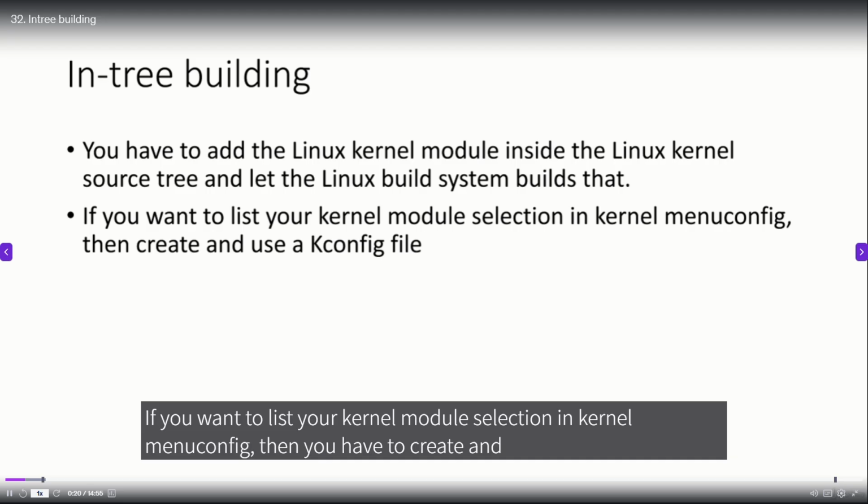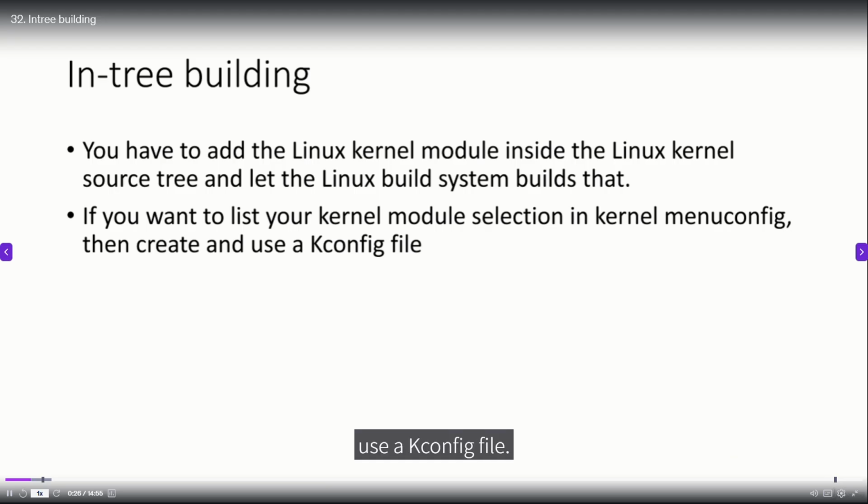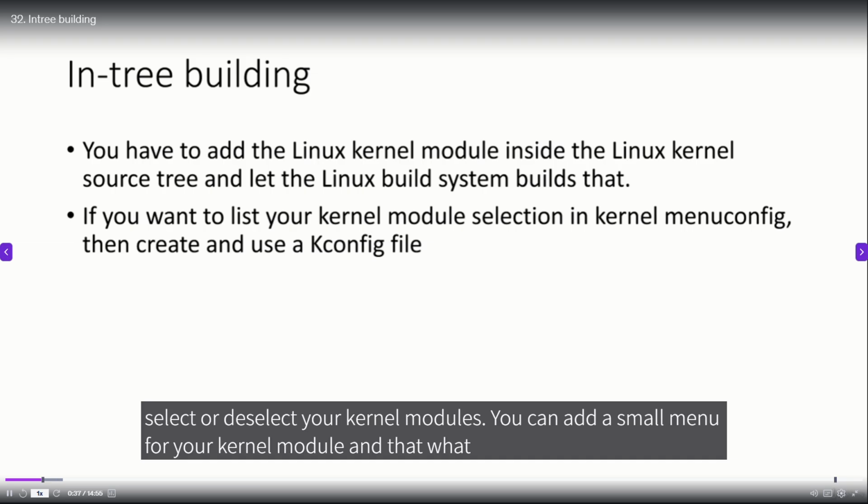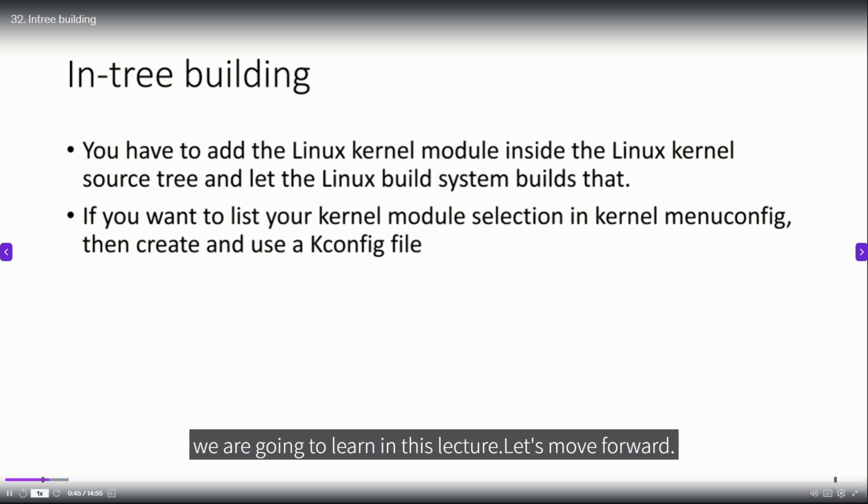If you want to list your kernel module selection in kernel menu config, then you have to create and use a kconfig file. When you do menu config, Linux configuration will come in the form of menus, and from there you can select or deselect your kernel modules. You can add a small menu for your kernel module, and that's what we are going to learn in this